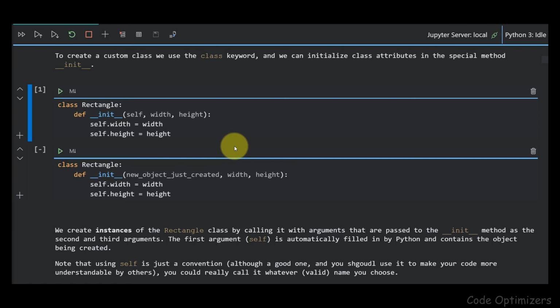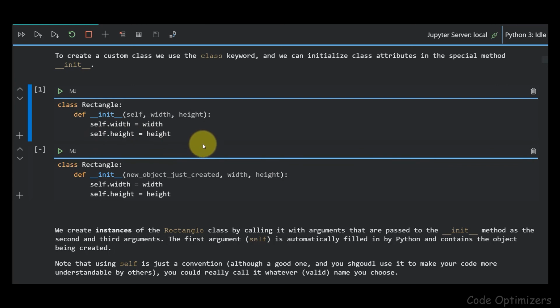So here self means the instance that was just created, and in addition to this, in the init method we are going to require the width and the height. Now here we have set properties, attributes of the class. So we have self.width equal to width and self.height equal to height.